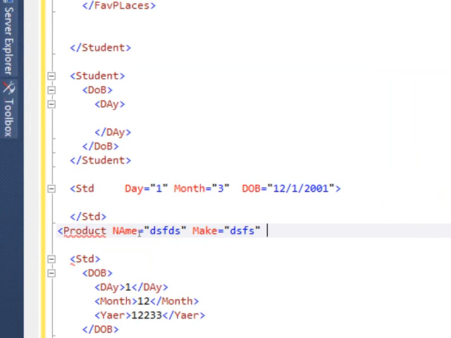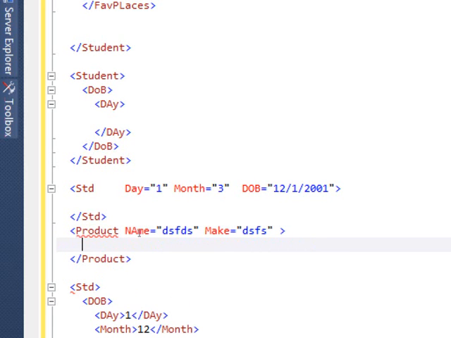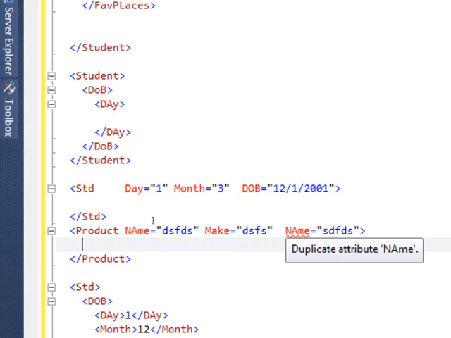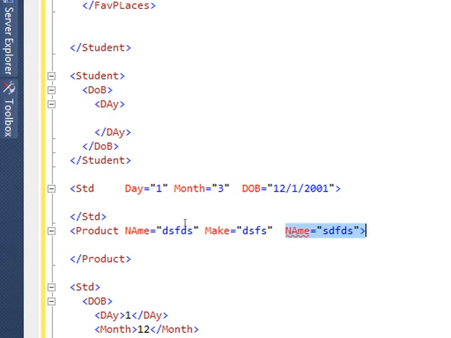Each attribute is separated by a space. However, there is one problem with attributes. Attribute names, remember I'm writing it in the same way, can't be repeated. Look here, there is a duplicate attribute, it is not allowed.